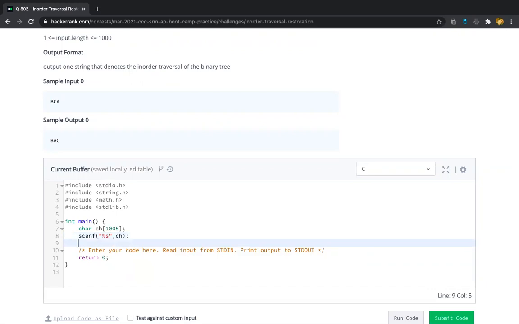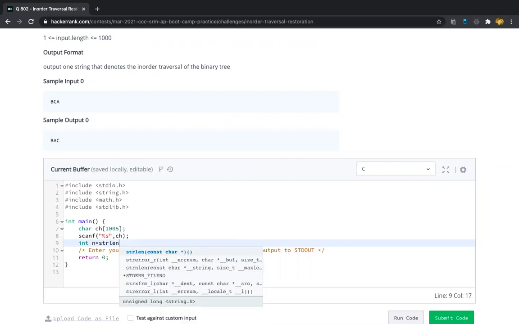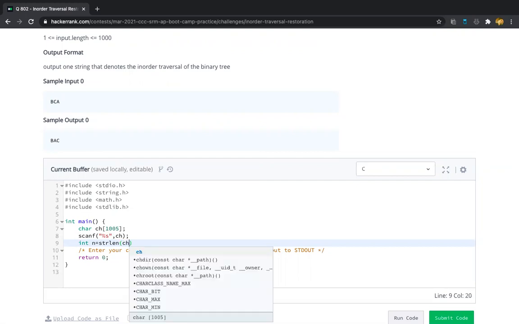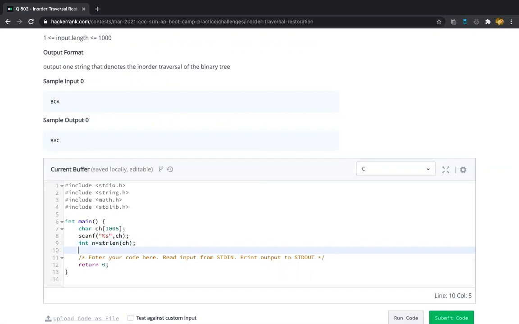For that, scanf %s, and the ampersand is not required for string input, so we'll write ch. After that we'll take the length of the string for finding the mid value, so int n equal to strlen of ch. That calculates the length of the string and stores it in the integer variable n.